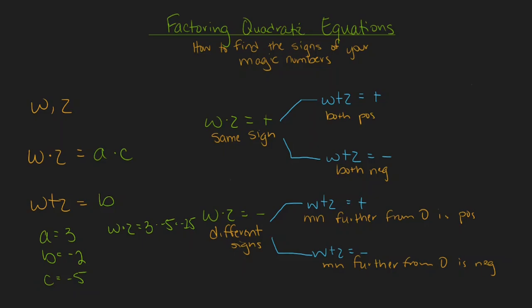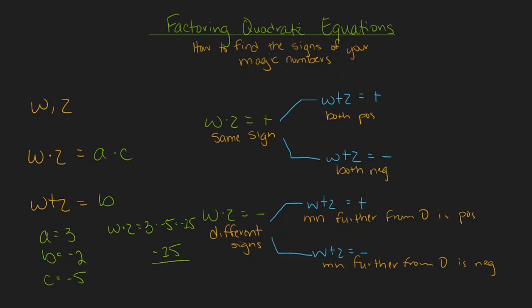As I build my factor chart, I don't know which of my factors should be the positive one and which one should be the negative one. I know I need one of each, but I don't know which way they should go. This is where the sign of b can help us out. If I know that I have a negative product and I also know that I have a negative sum for b, that tells me that the factor I'm considering that's further away from 0 has to be the one that's